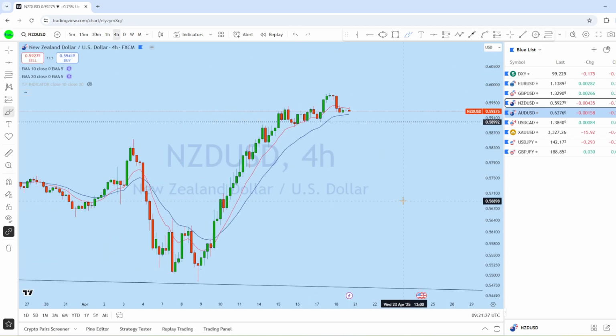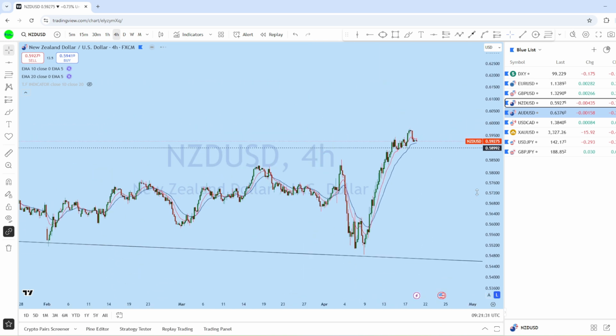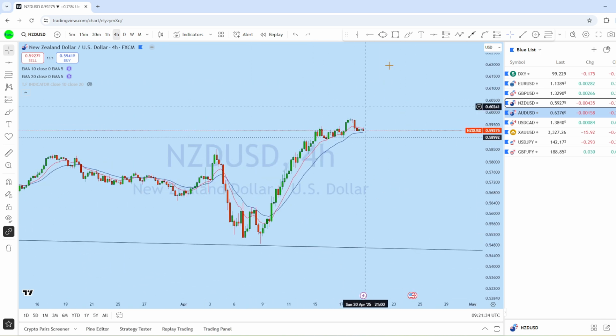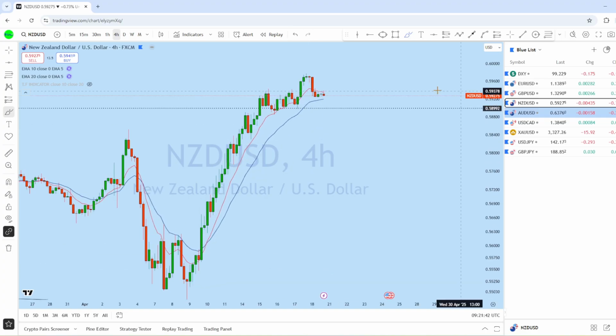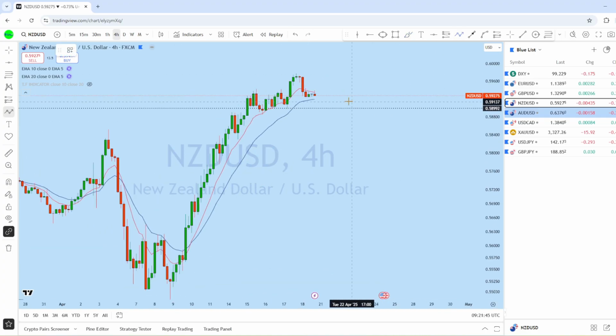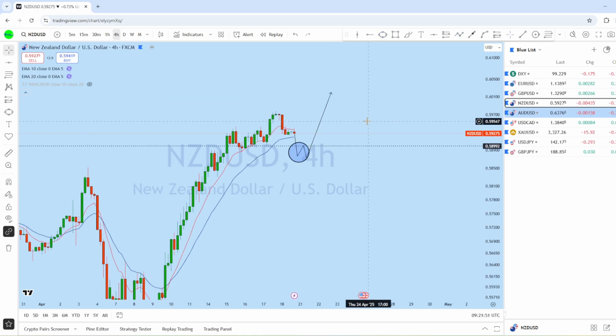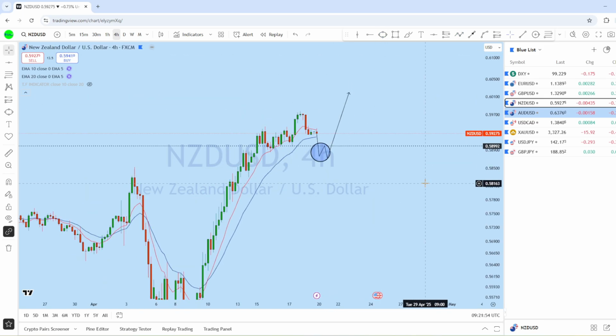Now looking at the intraday perspective on NZDUSD, we can see the lower time frame price action here, which is a huge impulse to the upside on NZDUSD followed by this pullback. And currently the market is sideways, and what we can expect on NZDUSD is for the market to break that low, grab the liquidity and then potentially bounce back up. This could be the zone where we can look for a potential entry after a break of structure in this instrument.